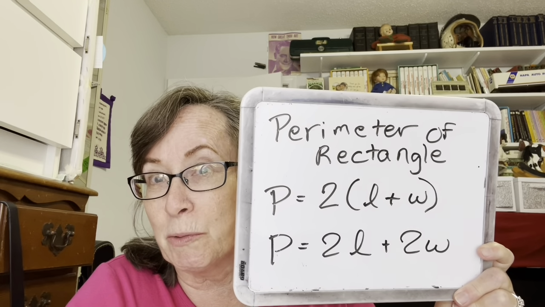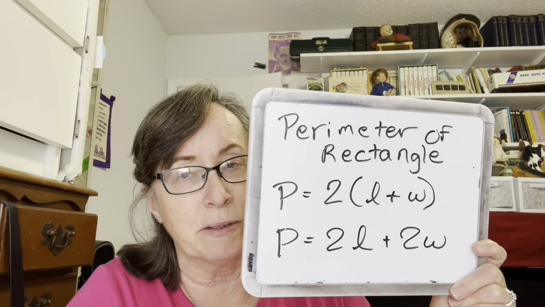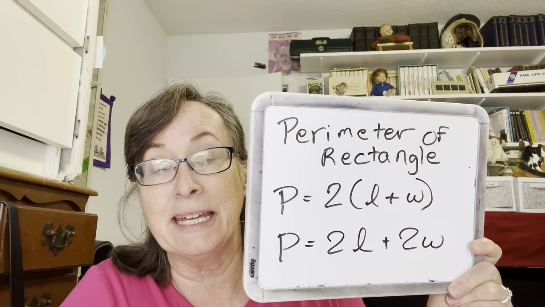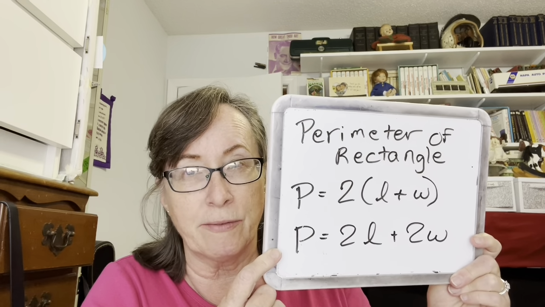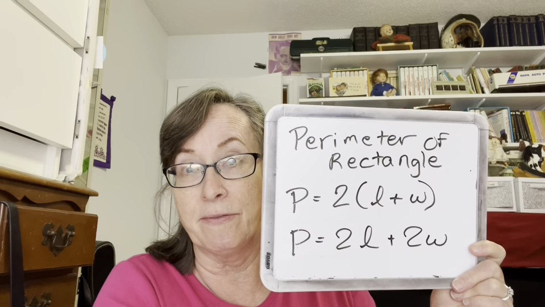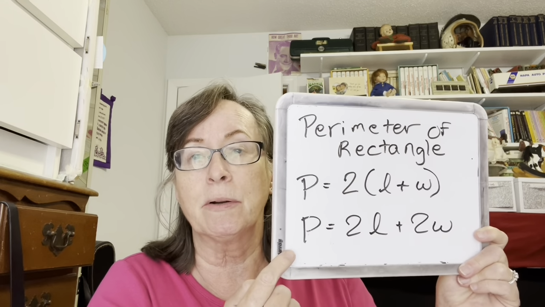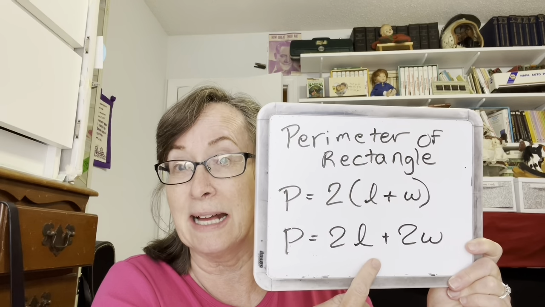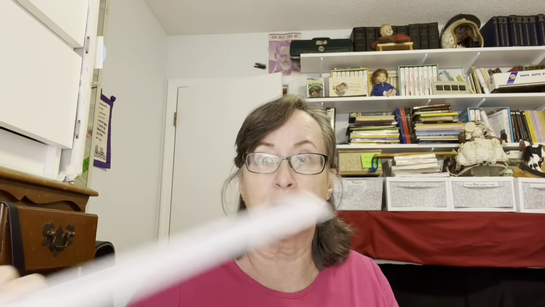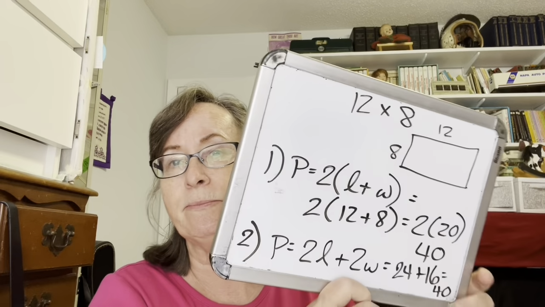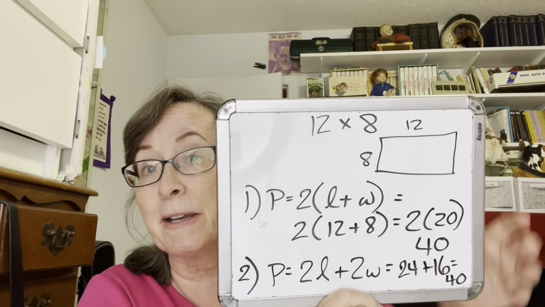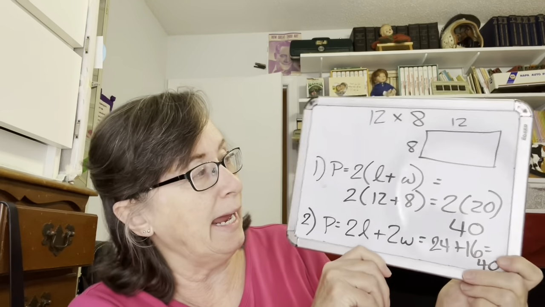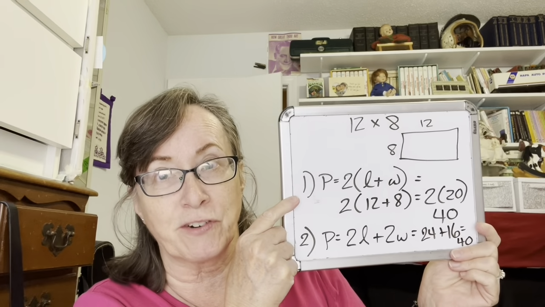But they're talking about perimeter of a rectangle as an example of the distributive property. And they give you two different formulas that we can use for perimeter of a rectangle. It could be perimeter is twice the sum of the length plus the width, or perimeter is twice length plus twice the width. And we're going to see here that if we take a 12 by 8 rectangle, that's not a very good rectangle, but if we take a 12 by 8 rectangle and we do it with the first